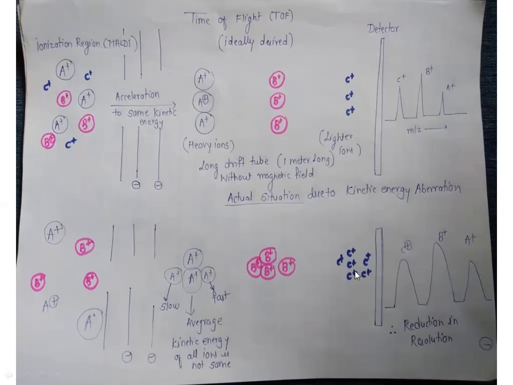Now what is going to happen, the output of this is you are going to have a much more broader peak than what is expected in ideal situation. Because of this spread, few ions are going to reach to the detector first, even though they are of the same kind, C plus, while few of the ions are going to reach late, and this is going to give rise to the peak broadening. So this is what is limiting factor for time of flight mass analyzer. So this is going to give us the reduction in the resolution. Otherwise, this is the simplest kind of mass analyzer. We don't use any kind of magnetic field here.